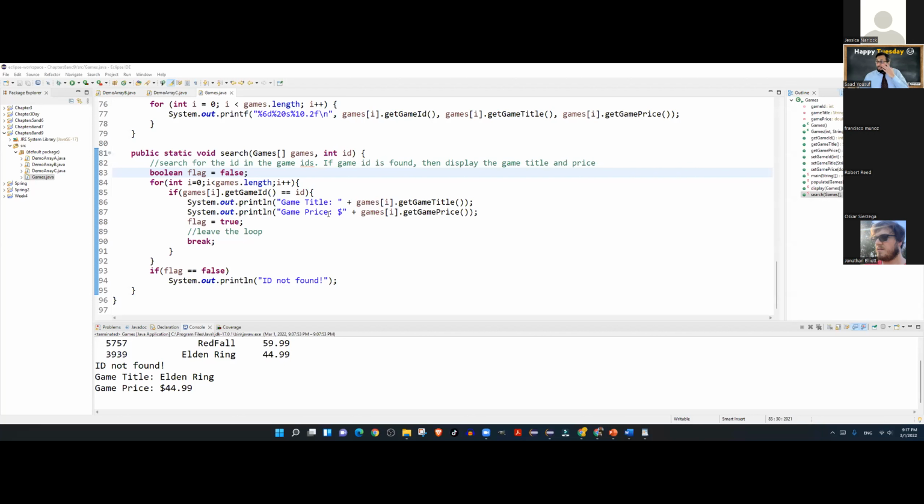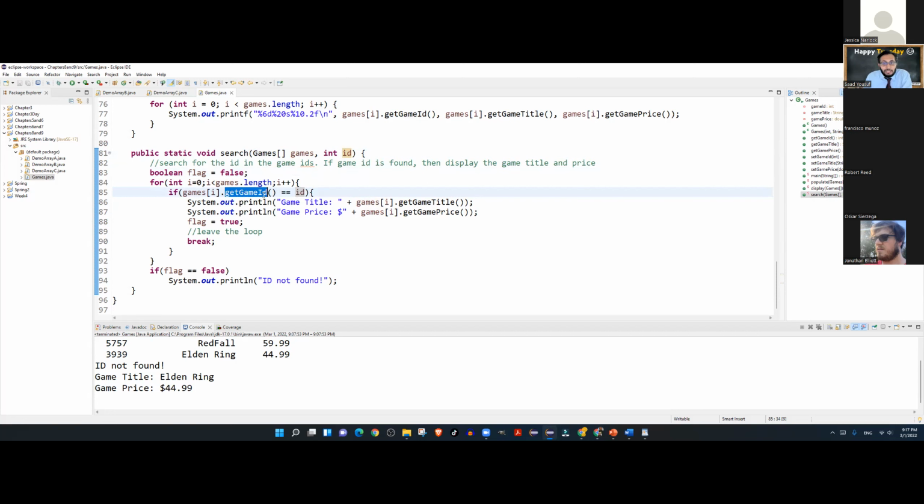So what I did in my solution is that I set a flag to false. Then I ran the length of the games array, since I received the ID to check alongside the entire list of games. So I ran a loop that goes from 0 to the length of the games array. Every time I run this loop, I grab one of the game IDs out of the games array and compare that with the ID that I received as the parameter.